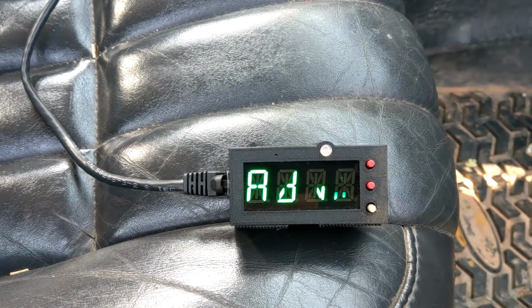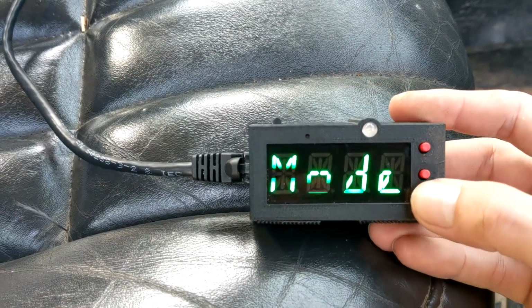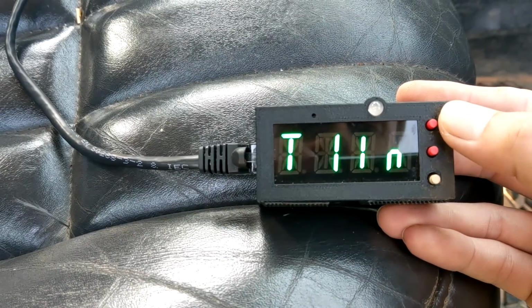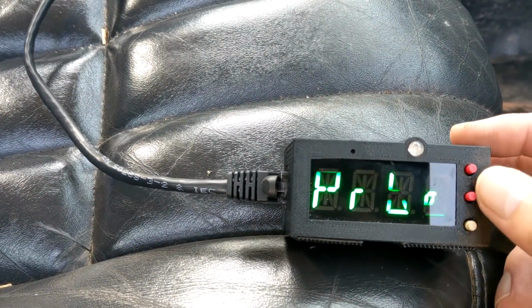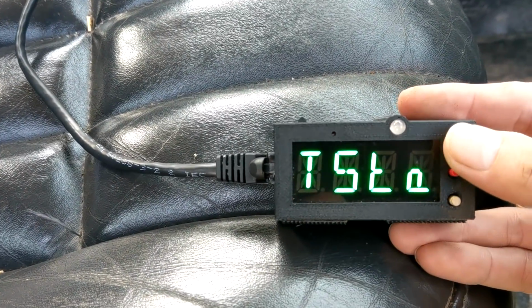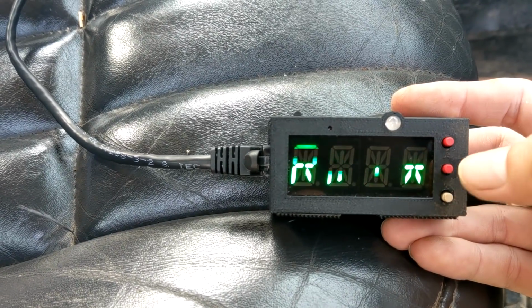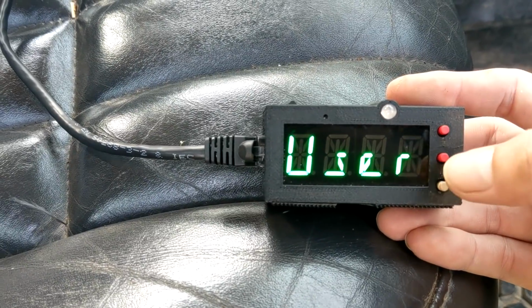So this is for the advanced users, the elite hackers, the people that need stuff fancy. So in the advanced mode, we've got a lot of different things. First off, you can choose what kind of temperature probe it is. So we have our included probe profile. We've also got the thermostat. We've got a Renix temperature sensor. And we've also got a user mode. So the user mode is